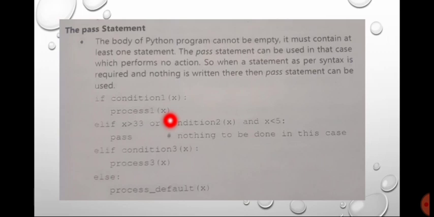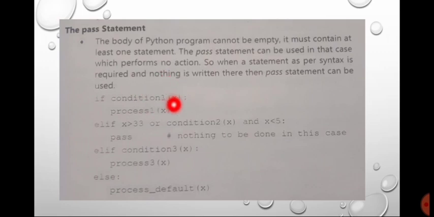The pass statement performs no action, meaning it doesn't generate any executable code. So when a statement as per syntax is required and nothing is written there, then the pass statement can be used. For example, if condition1(x): process1(x).